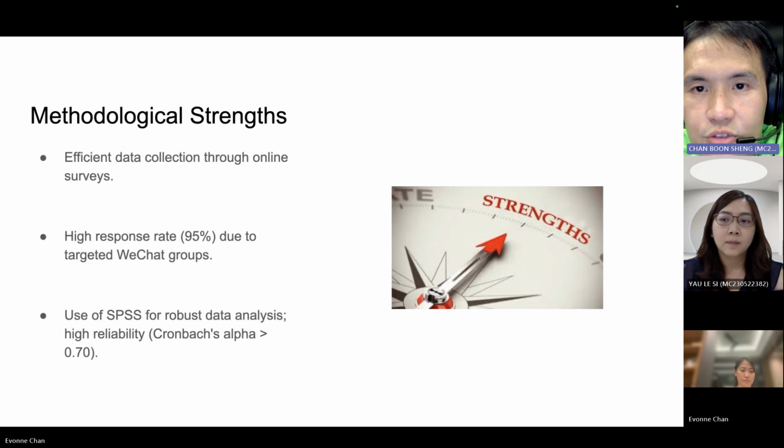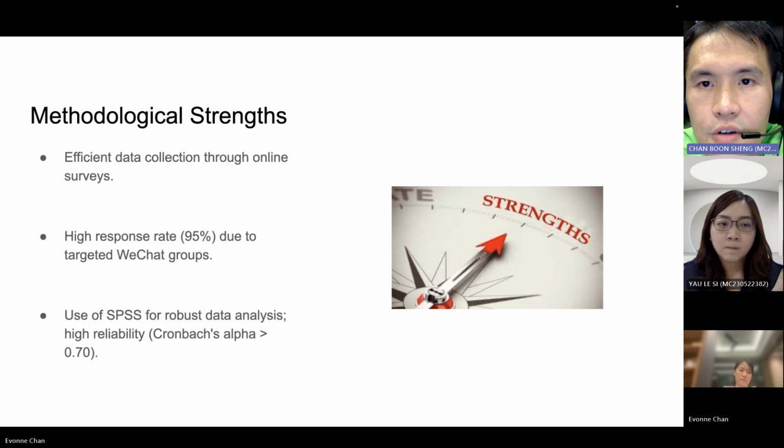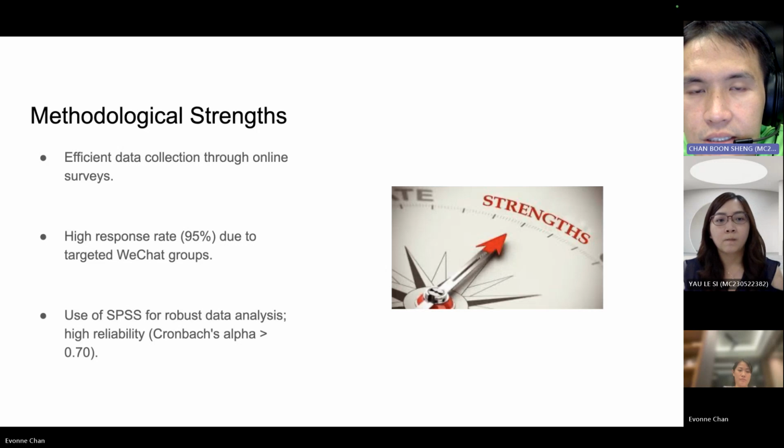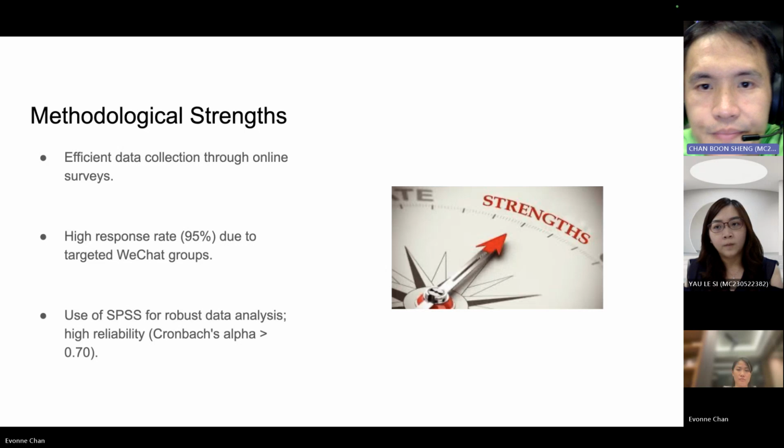The application of descriptive and inferential statistics through SPSS software for data analysis further strengthened the study's framework, allowing for a nuanced understanding of students' perceptions and experiences. The reliability of the survey instrument, as evidenced by Cronbach's alpha values exceeding the accepted threshold, underscores the credibility of the findings and speaks to the meticulous approach taken in this research.